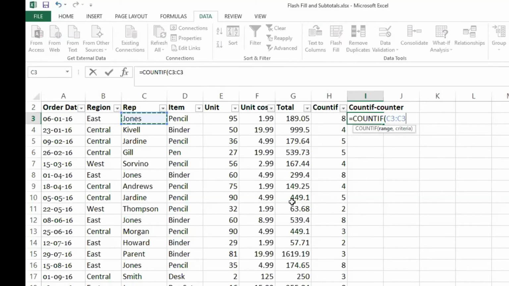I'll press colon and I'll again select the first cell, which is C3, right? So what COUNTIF is doing is searching within C3 to C3 and identifying C3. Sounds pretty stupid, but this is what the trick starts with. It's showing me 1 because the number of occurrences for Jones is 1.